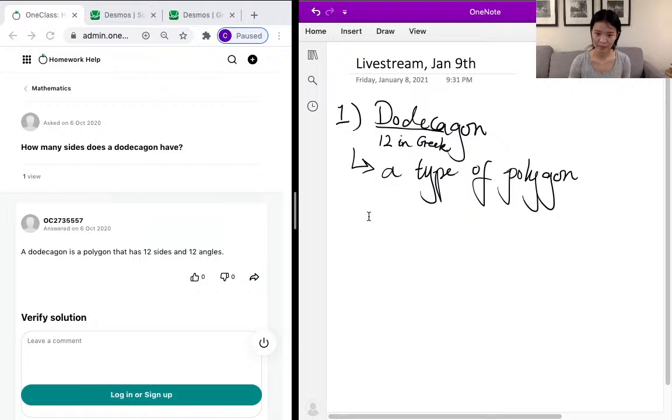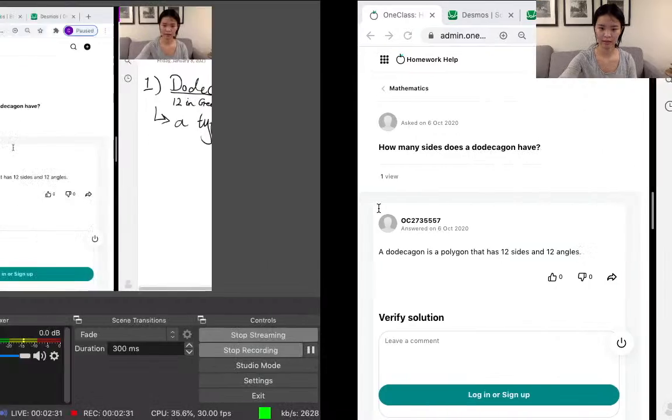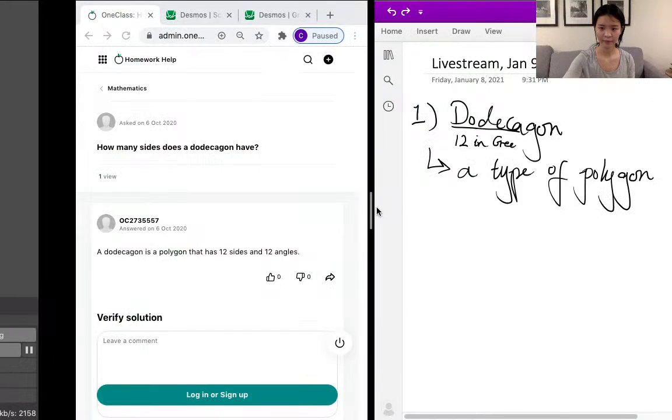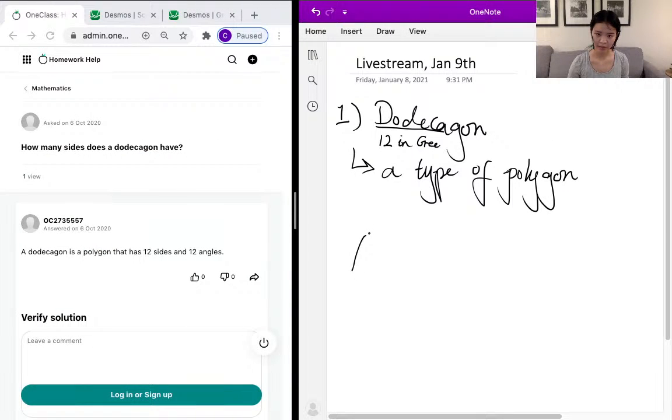So for example, this is 1, 2, 3. I guess I'll draw it bigger because it will be really hard to draw. Let's do this. Okay. Let's do 1, 2, 3, 4, 5, 6, 7, 8, 9, 10, 11, 12. So this would be a dodecagon. It's not really regular because, again, I was just drawing the dodecagon to explain the idea to you. But basically, a dodecagon is just a special kind of polygon that has 12 sides,